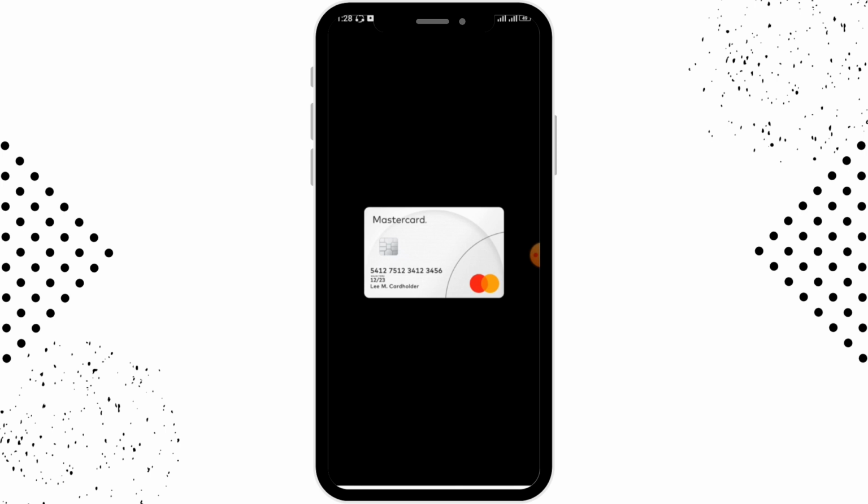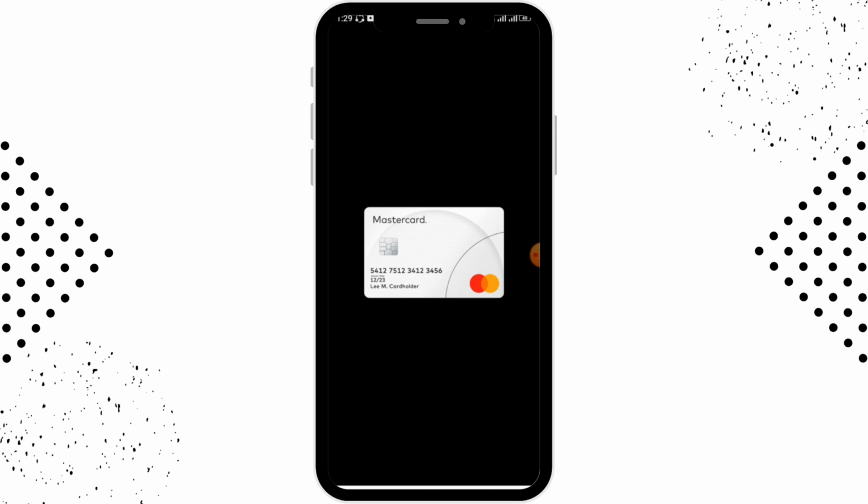So let's begin. As you may know, Mastercard is a card which is used worldwide for various purposes like transactions or payments, or you can even use it while you're shopping at any country or any place of the world. Mastercard is linked with all the banks worldwide, so you can use the card anywhere at any time